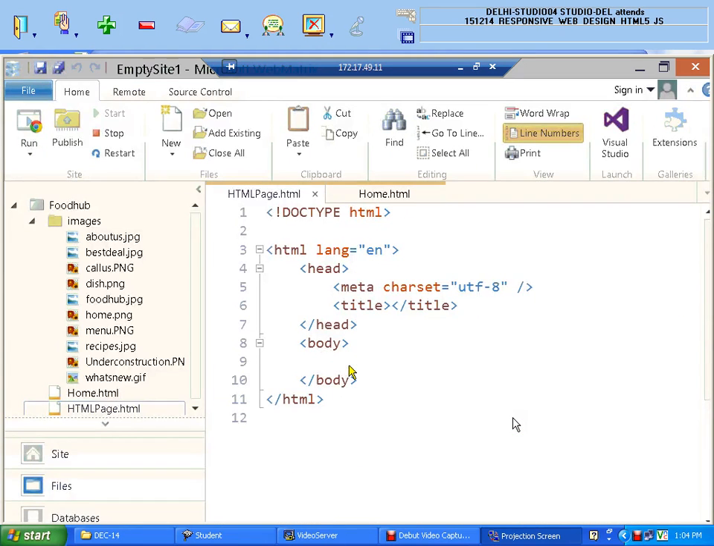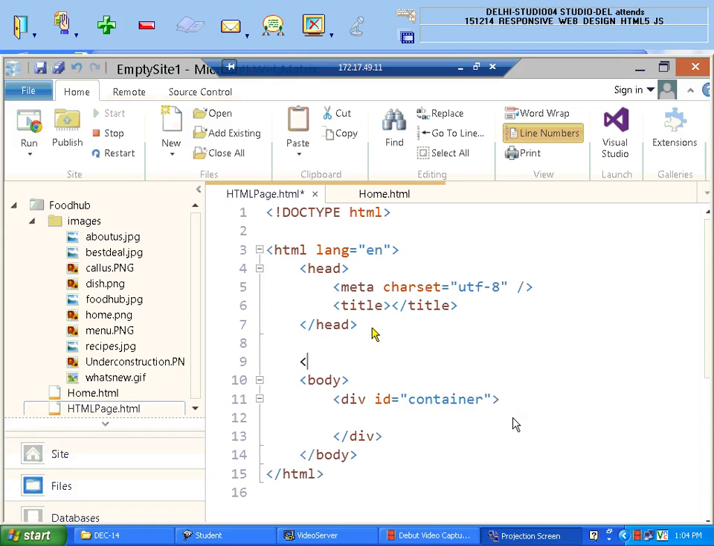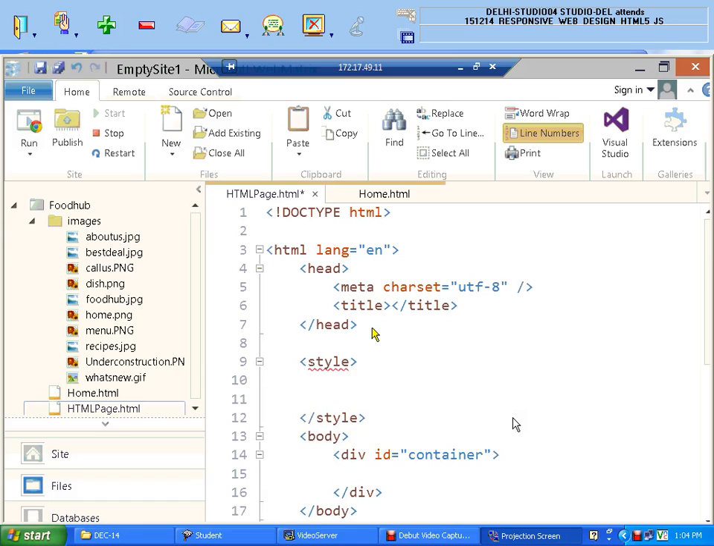See here, if I'm going to make one div, I'm giving a container, and I'm trying to use an inline example. So I am giving a style. Okay, and now if I want to use this ID,